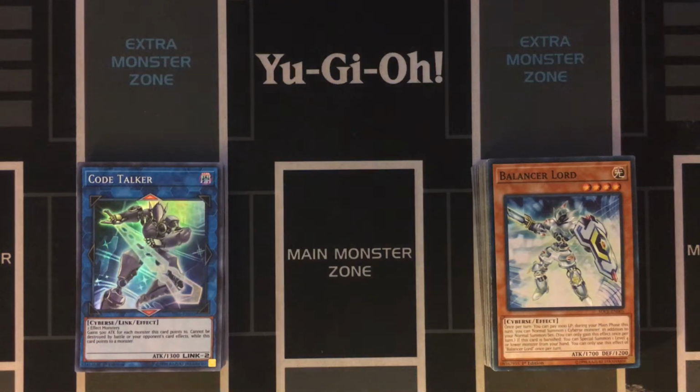Hello everybody, this is a November 2019 budget Cyberse deck profile. I'm happy to do a video of this deck because this is the deck that got me back into the game of Yu-Gi-Oh! I had been playing on and off for a while, but with the Link Strike starter deck and the Transcode, Power Code structure and starter decks, I really came back into the game a little more